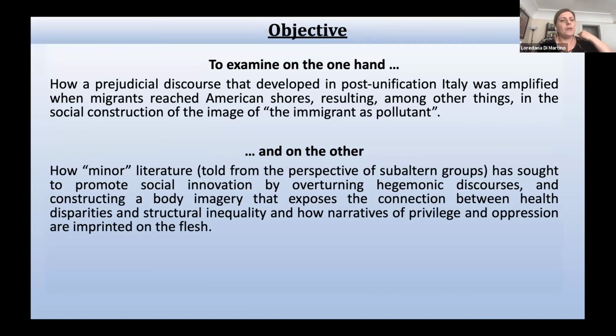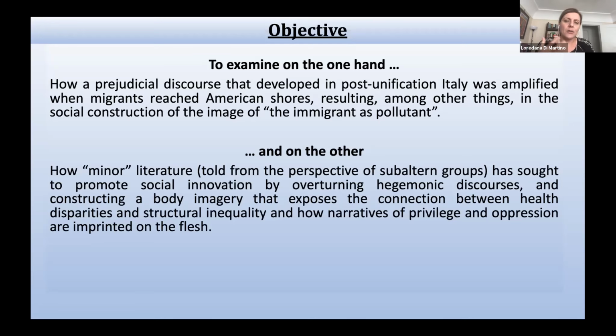My objective is to examine, on the one hand, how this prejudicial discourse that developed in post-unification Italy was amplified when migrants actually reached the American shores and resulted, among other things, in the construction of the image of the immigrant as pollutant. And on the other hand, what I'd like to do is to look at how minor